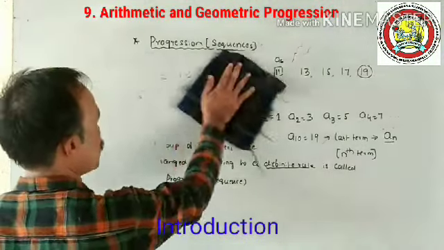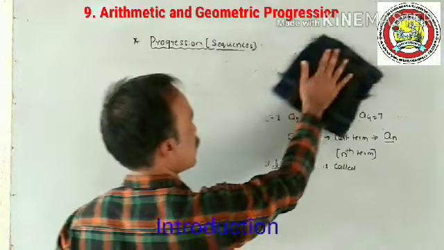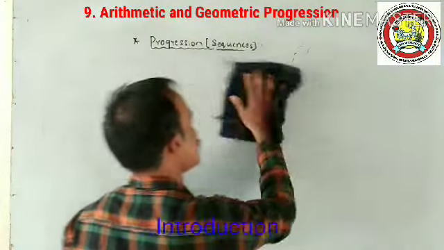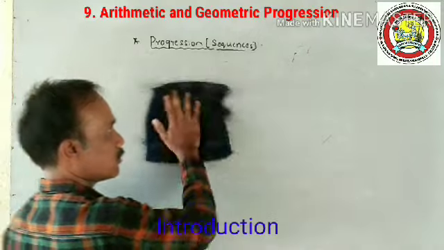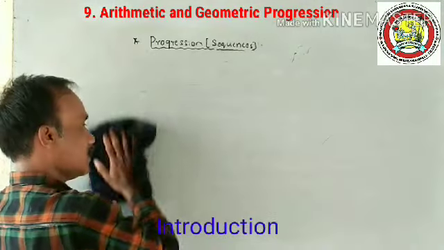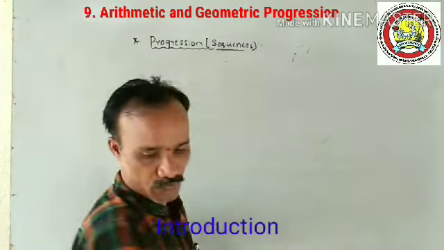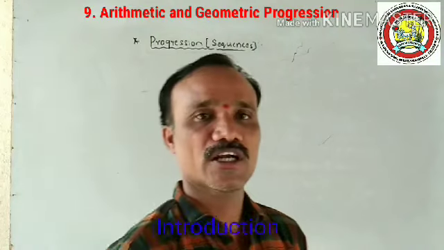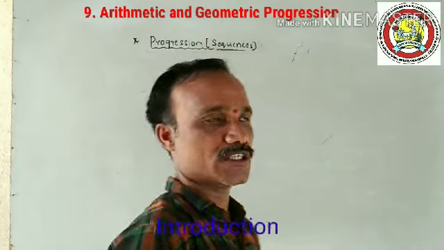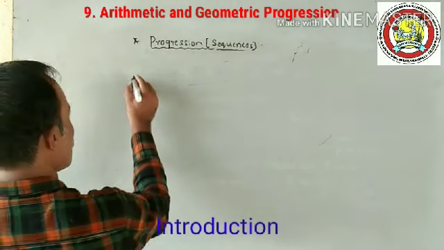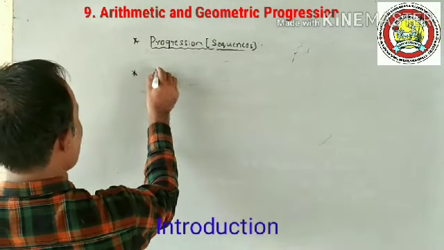Yes, what is the meaning of progression? Progression is a group of numbers, or a sequence is a group of numbers, arranged according to a definite rule. According to a definite rule, then it is called a progression or sequence. Let's see different examples. As the first one,